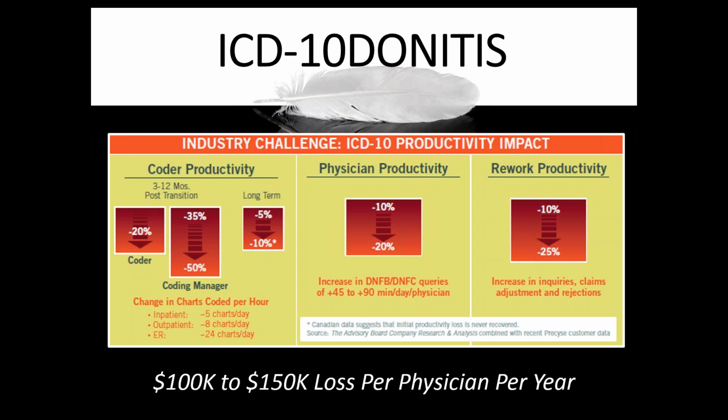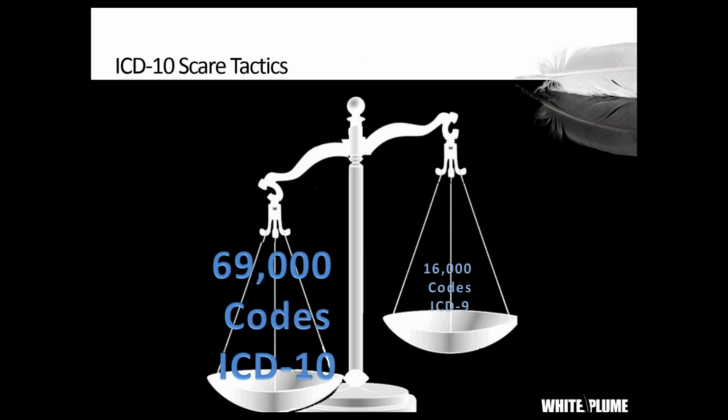All right, now I don't want to be all doom and gloom, because ICD-10 is not impossible. You can be successful, and it's not as bad as a lot of people make it out to be. Some of the scare tactics we see people using: everybody always talks about how many new codes there are in ICD-10. You've probably seen something like this before. 69,000 codes in ICD-10 compared to only 16,000 in ICD-9. And that's true, but it's only a half-truth,